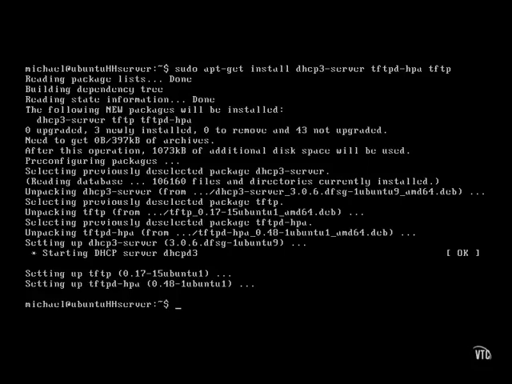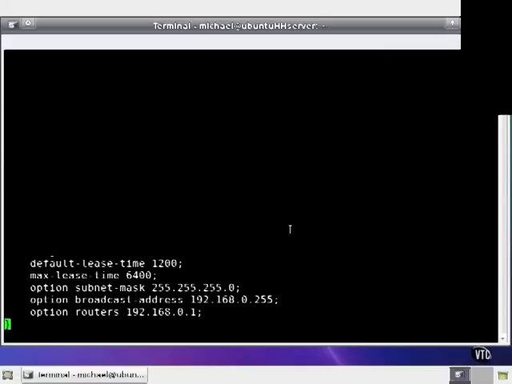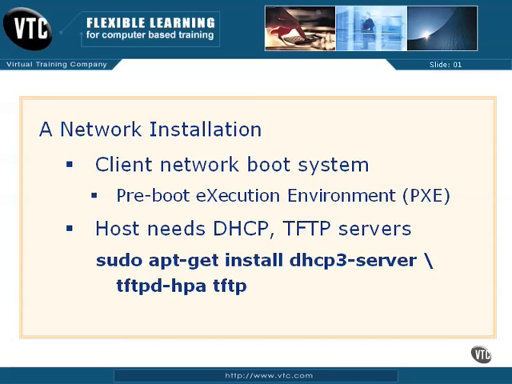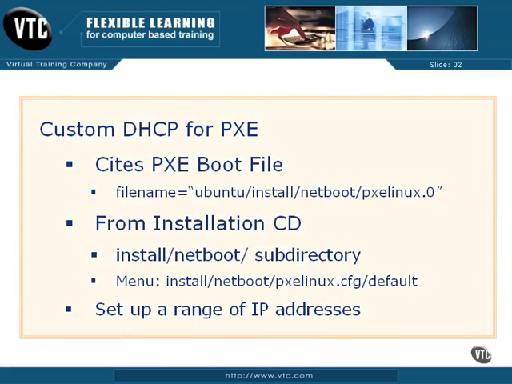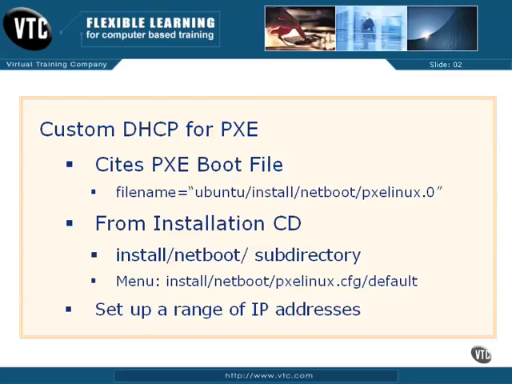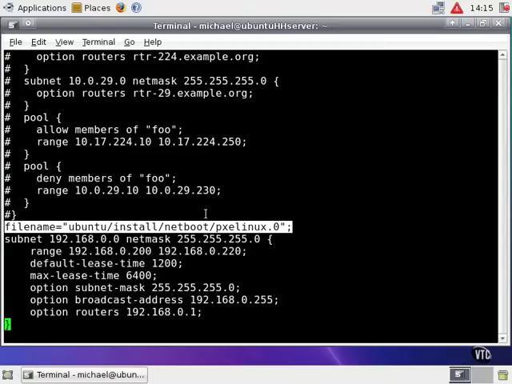Now let's look at how I've modified a basic DHCP configuration stanza. I specify a specific file name, assuming that I correctly set up the TFTP server. The file name, as shown here, is ubuntu/install/netboot/pxelinux.0. And if you mount